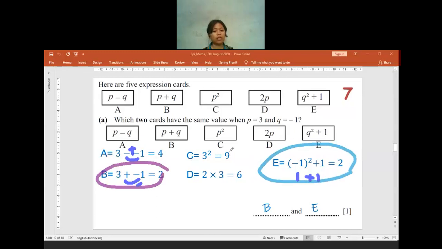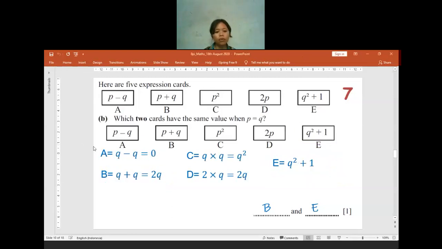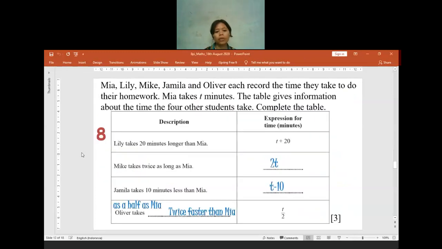Is there anyone else having any question? Or maybe I talk too fast or my voice is laggy or anything? No question? Okay, for sure, no question. Let me recheck the chat box again. Okay, no one texted me anything through the chat box. I will move to question 7b. If you want to go to the restroom, please be back soon, so you can continue the double checking later on.